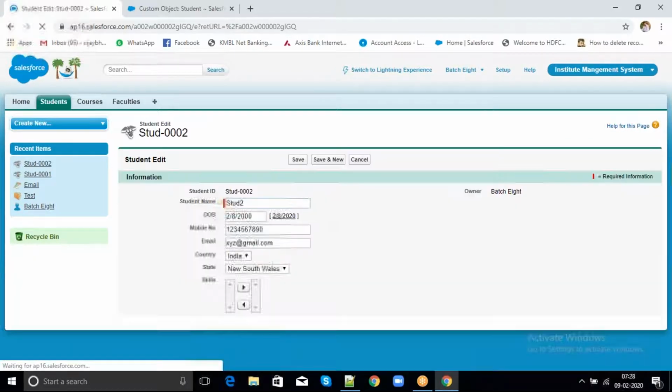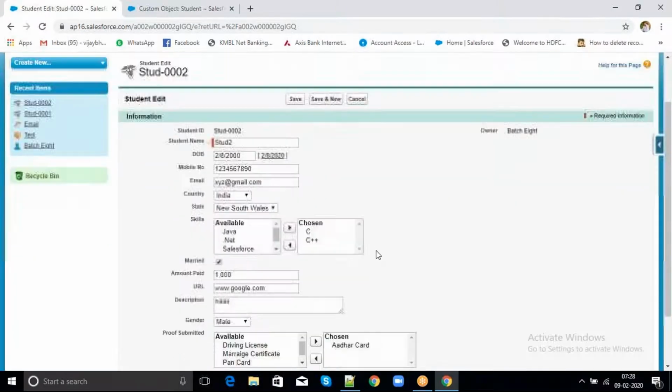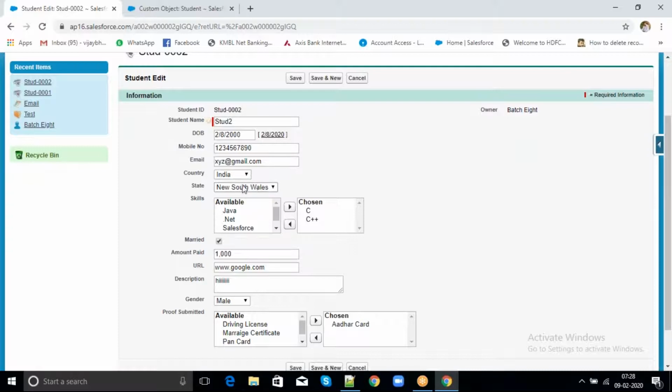Now, what I want to do is, by default, display this state field as read-only. Next, based on the selection of the country, I want to display states. It means if I select India, then I want to display Andhra Pradesh, Tamil Nadu, and Telangana.